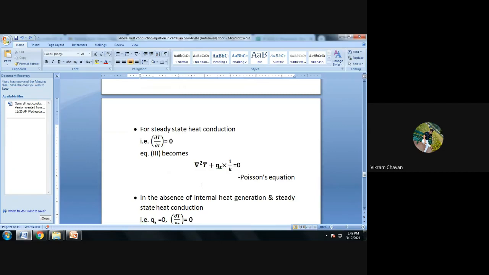So write down the next form of the general heat conduction equation, that is for steady state heat conduction. That is, ∂T divided by ∂t equal to 0. This is the condition. Then equation 3 becomes